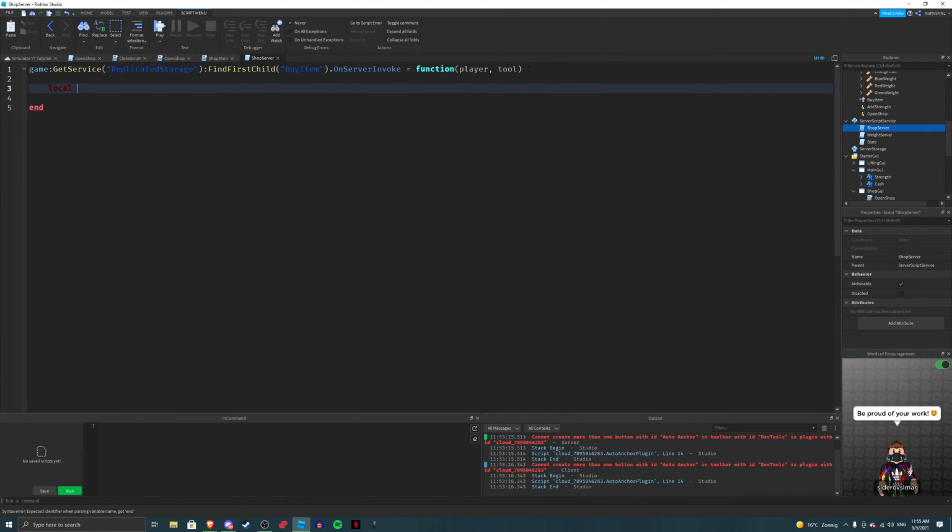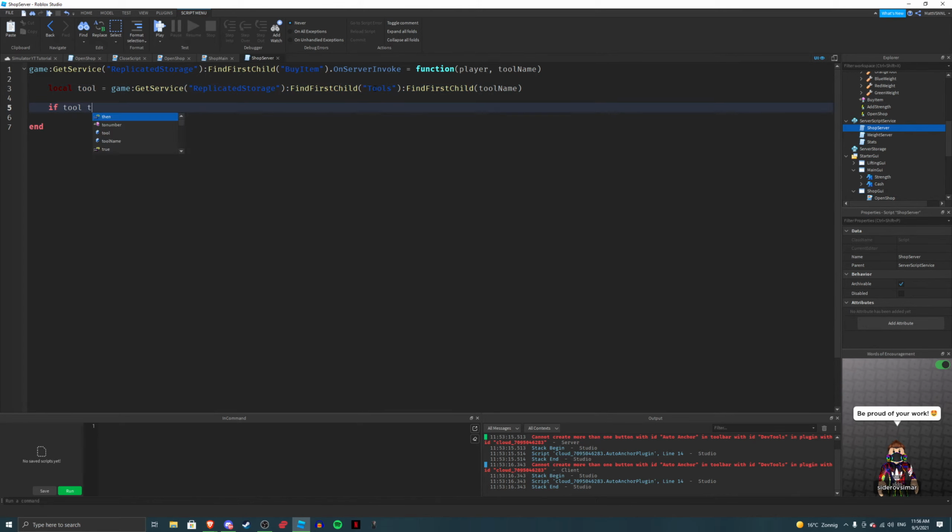So local tool name, and local tool equals game:GetService("ReplicatedStorage").Tools:FindFirstChild(toolName). So if there's a tool and player.StarterGear and not player:WaitForChild("StarterGear")